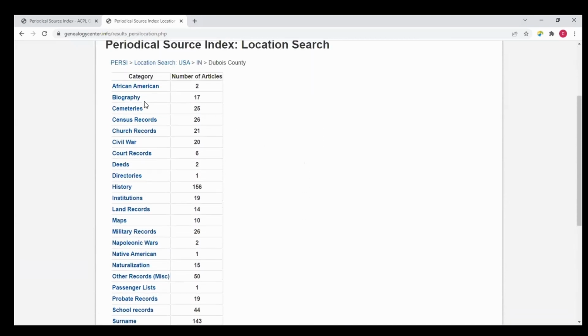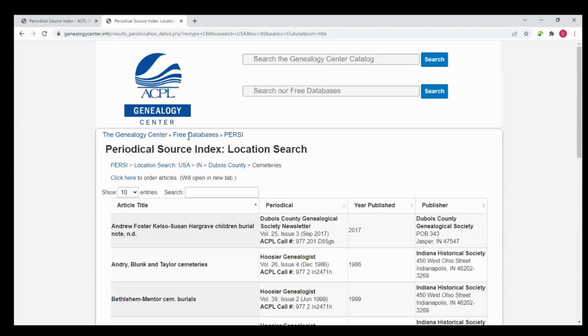We have used the subject categories that you'll find on the bottom of the first sheet of your handout, as well as other categories to make it easier. So these several hundred articles, if all we're interested in is cemeteries, we can click on cemeteries. And there they all are.